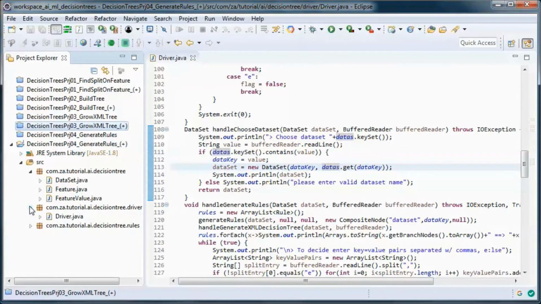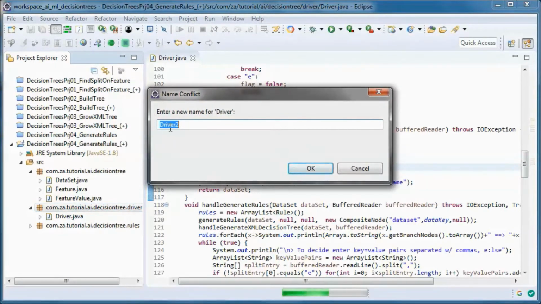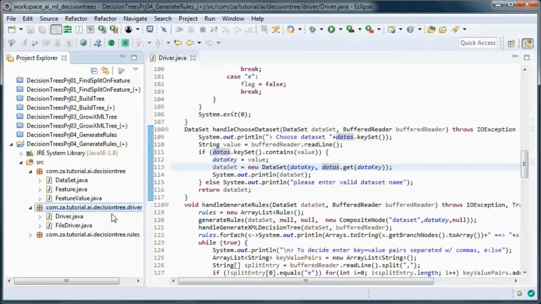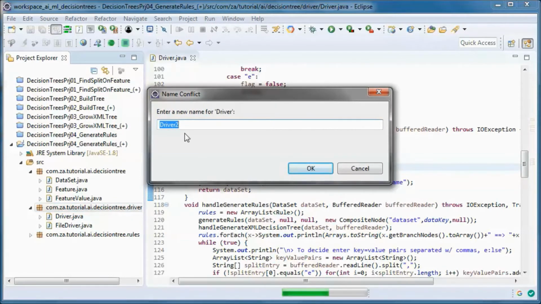And let's copy this one, and we'll have this driver that will access the data from a file, and this one that will access the data from the database,